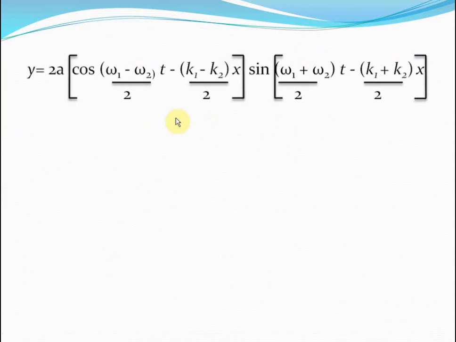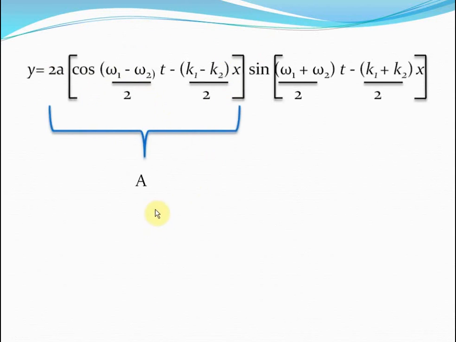This one. Is it not of the form A sine omega t minus kx? Yeah, there is this cosine term here. But if you considered this 2a into this whole cosine term here to be equal to the amplitude, and if this became A,